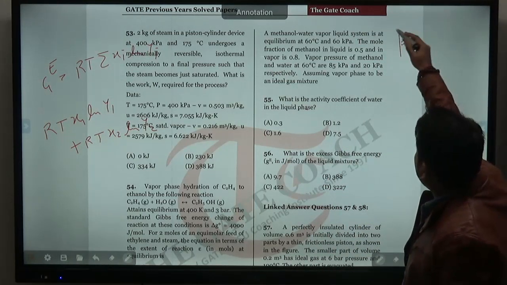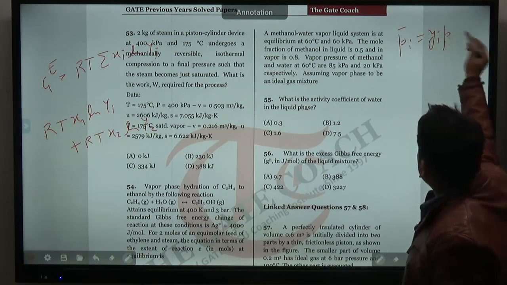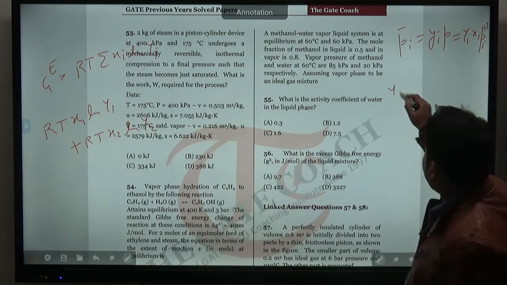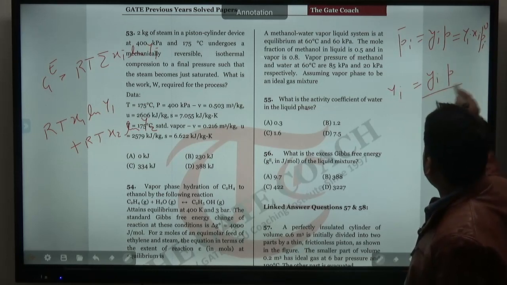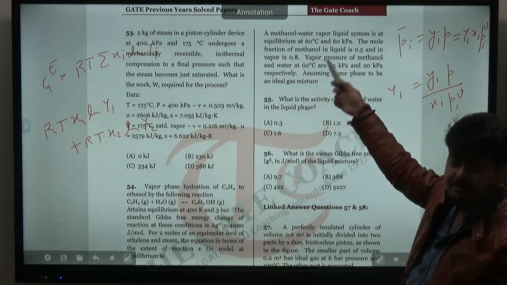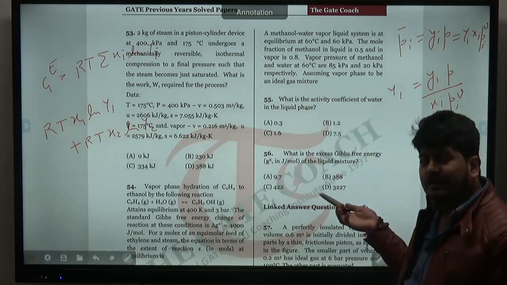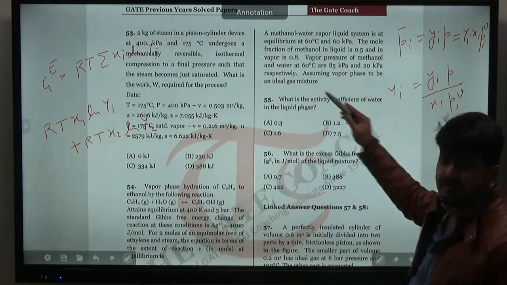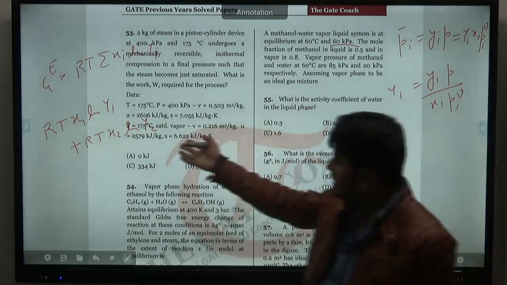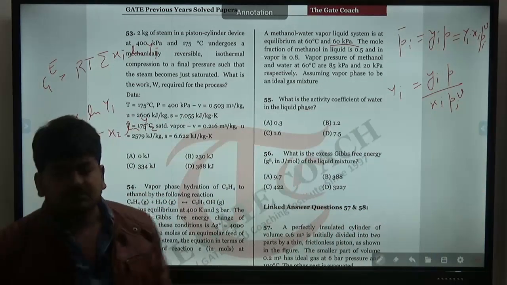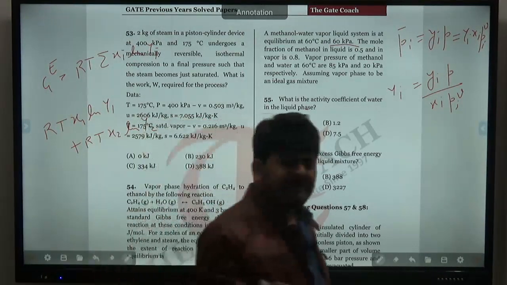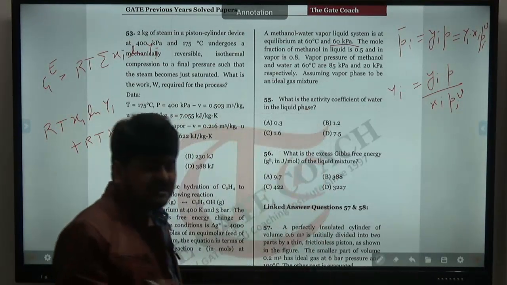Like here, methanol water system, we know that Pi bar can be written as yi into total pressure, that is equal to gamma i xi Pi^V. So gamma i will be equal to yi into total pressure over xi into Pi^V. So here x1, y1 is given, x2, y2 you can calculate, P1^V, P2^V are already given, total pressure is also given. So you can calculate gamma 1, gamma 2. Just put those values here, you will get excess Gibbs energy. So it's simple, that's how we can calculate the values. We don't need to do anything extra. So every time we get the easiest numericals only.